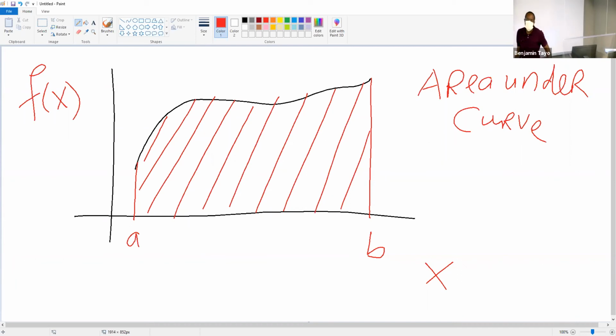Does anyone remember how to solve this problem? If you have a function, and this function goes from point A to point B, and you want to calculate that area right there, how do you do that? The integral from A to B of f of x dx. That's correct. So to take the integral,